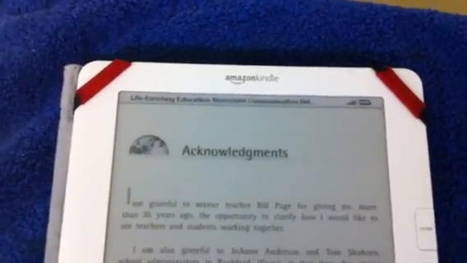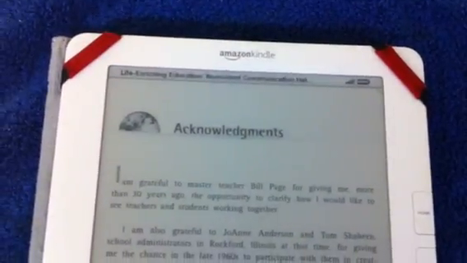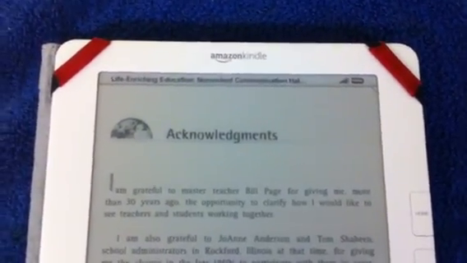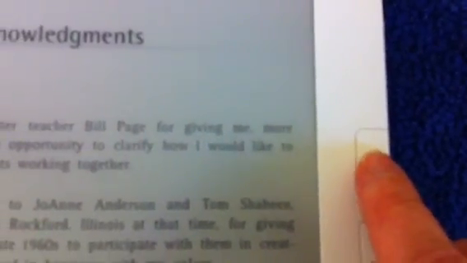In order for the download to work and for you to check whether this is working, the wireless would need to be on. In this case, it was. Often we will leave the wireless turned off. And the way that we would do that is go to the Home button